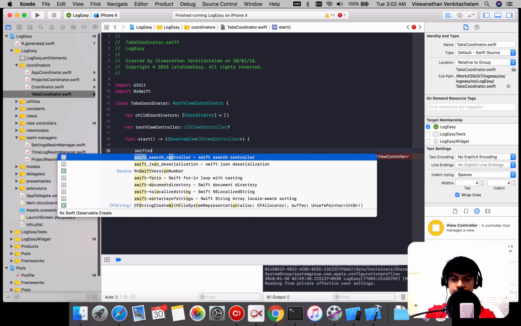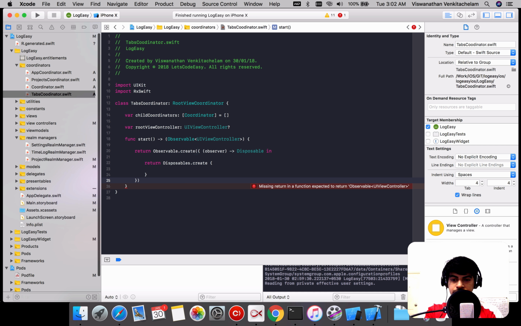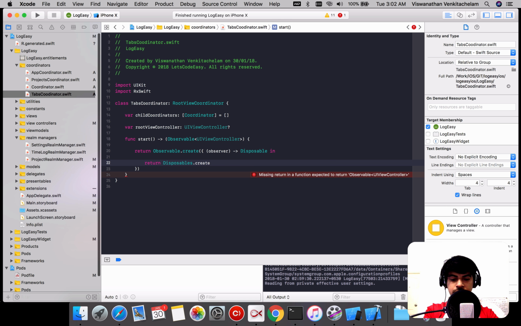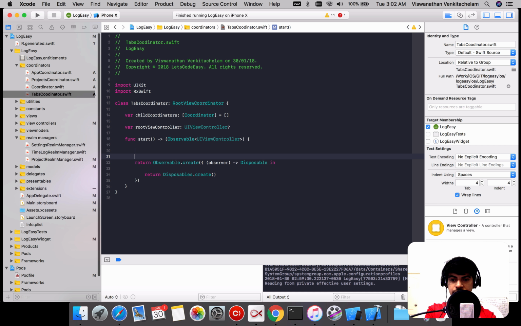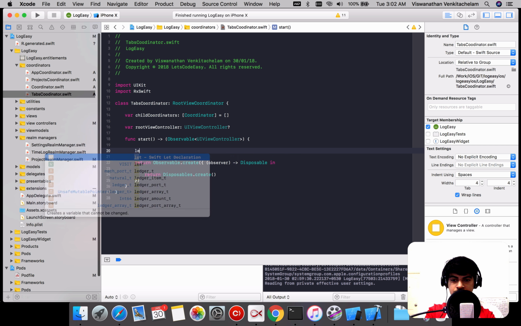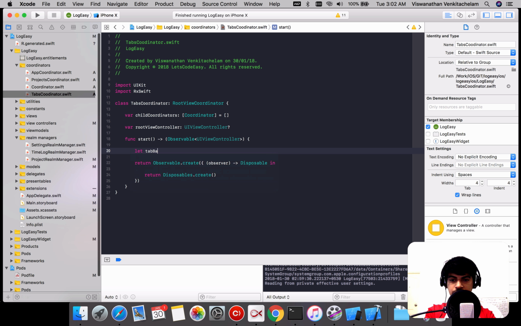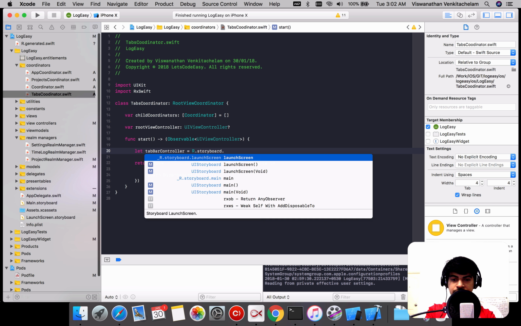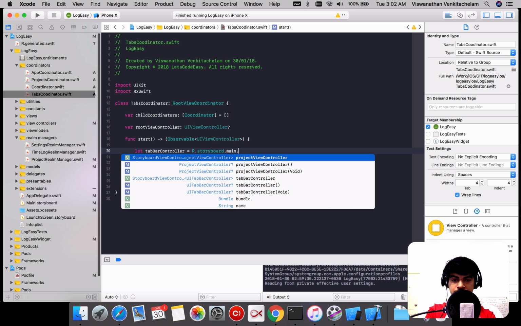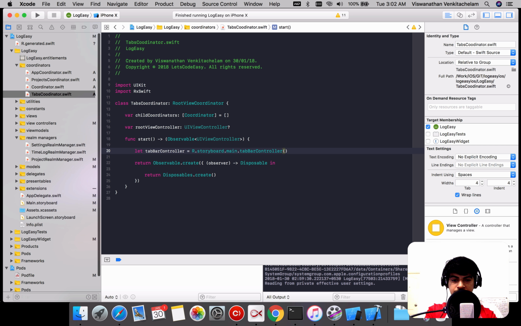That's the only difference. So let me use tab bar controller dot storyboard. It's already associated with the identifier which I had added. So once that's done,